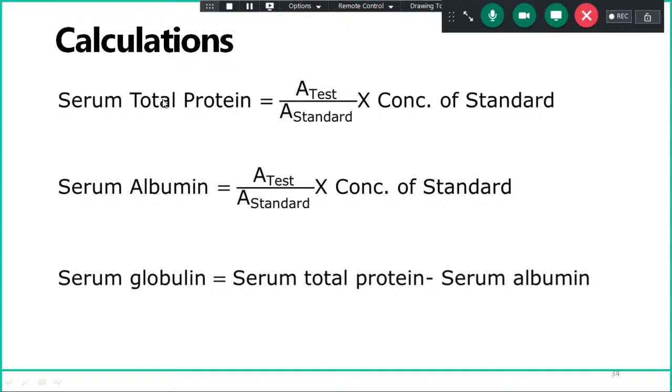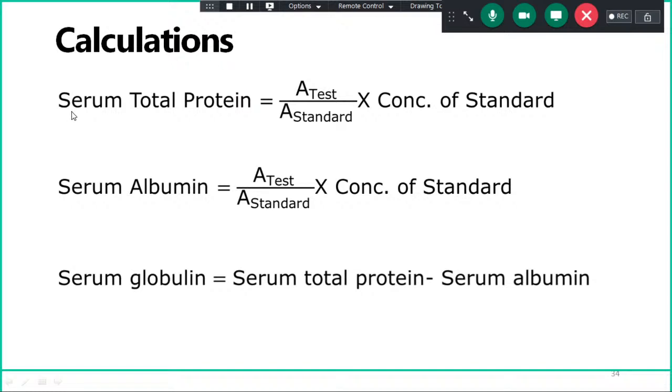Lambert's law says that the concentration is also dependent upon the path length. Here we use a constant path length for each cuvette, and I will show you the cuvette in the video that I have made. Since the path length is constant, the concentration is only dependent upon the